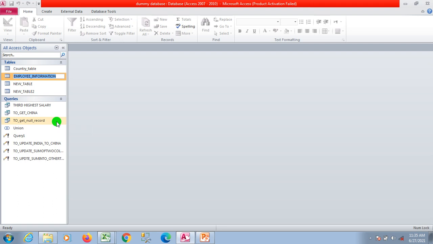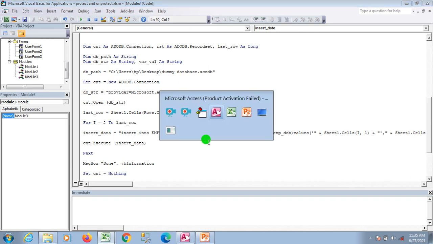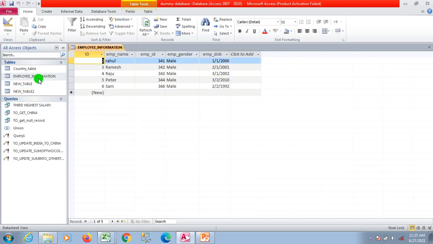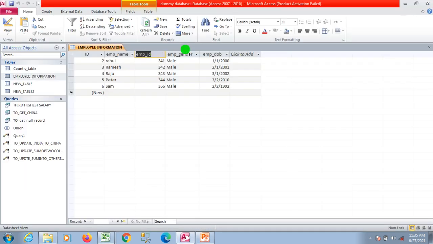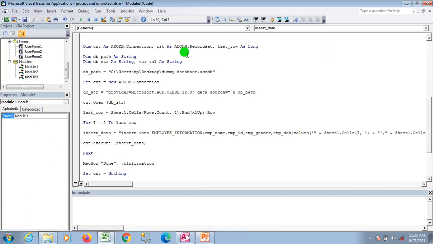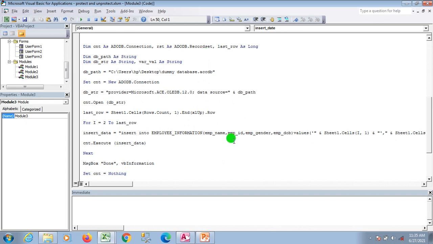Rename it. Just copy that. And here I'm checking the whole column: employee name, the ID, employee gender, okay, and employee DOB, okay. So now I'm going to execute again.